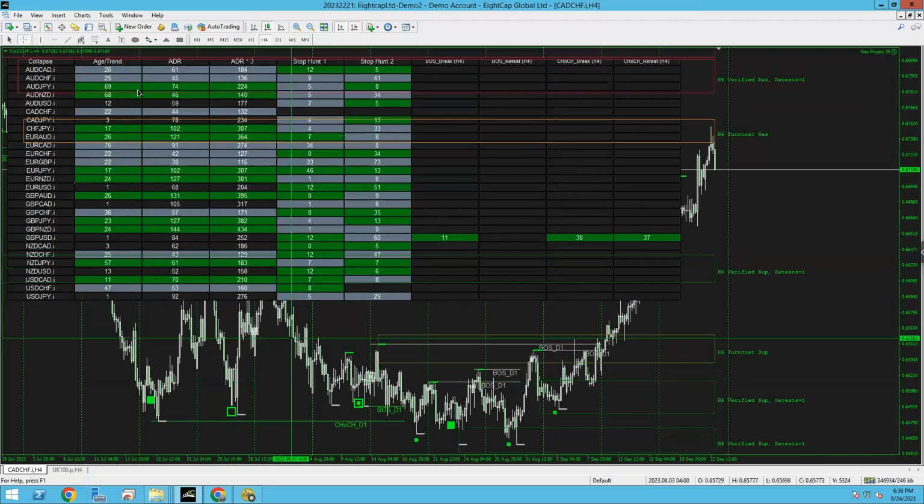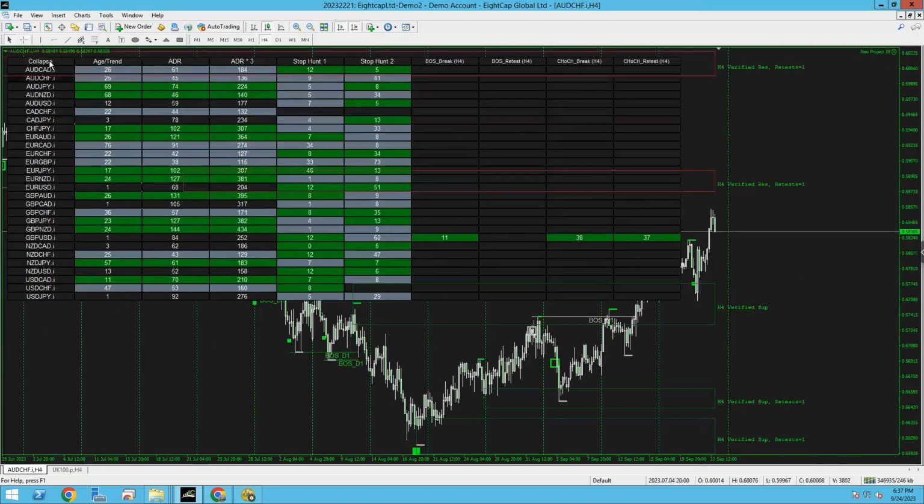So now you don't need to know what pairs to trade. Neo's telling you straight away what pairs you need to look at, automatically. The next thing you need to do is just wait for Neo strategy 2 to start to appear. So we're going to go over to AUD right now, just so I can show you an example of this first.